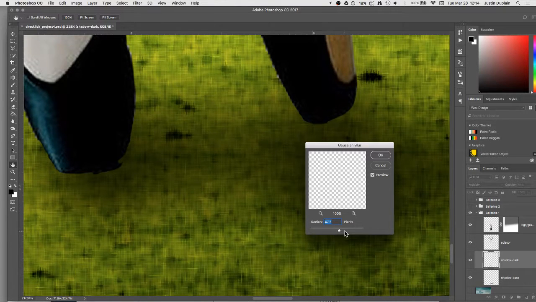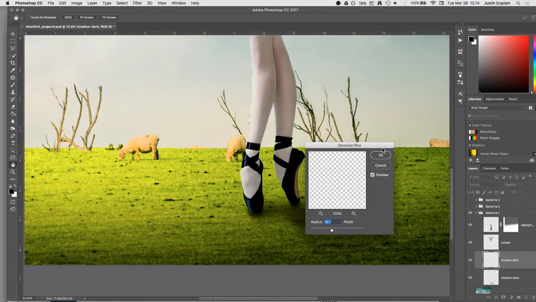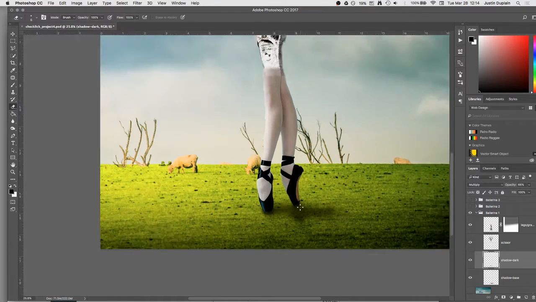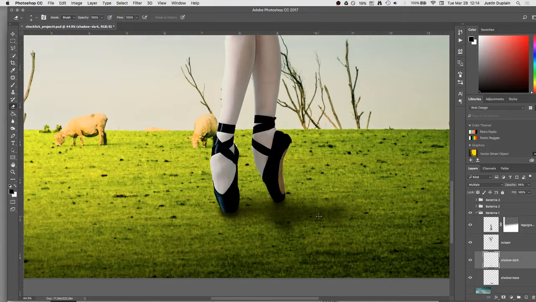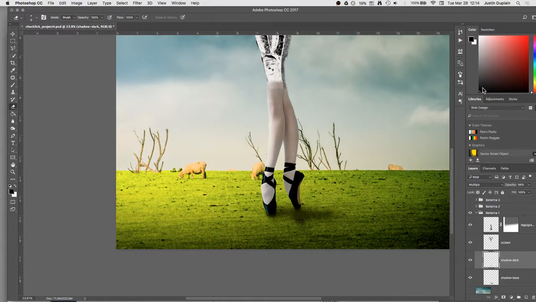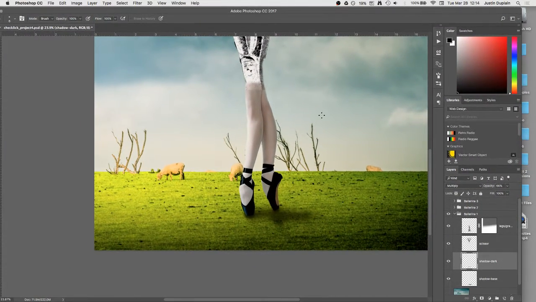Definitely not at 47%, but just so that it starts to blend a little bit better with the shadow underneath it. Okay, then it feels a little bit more realistic because, again, very often the shadow is much